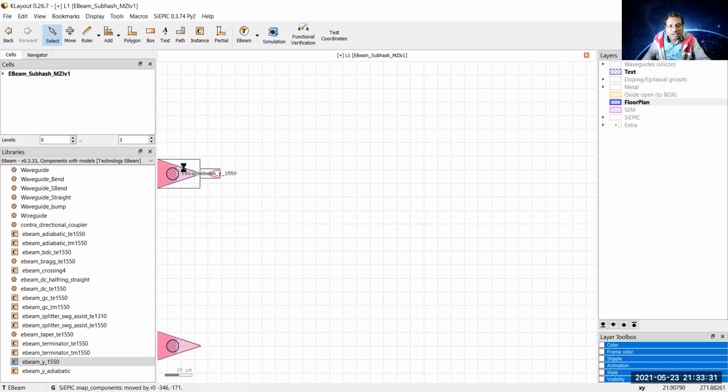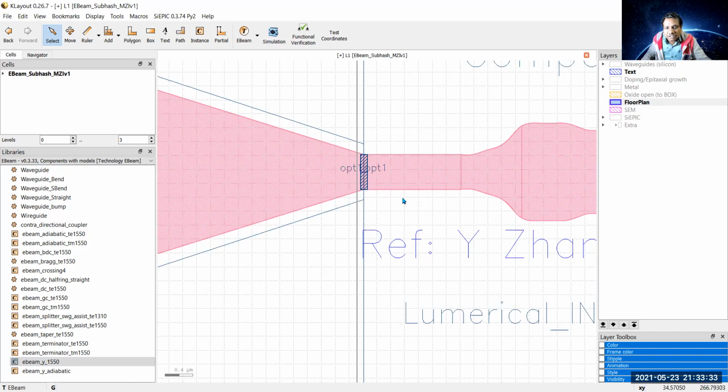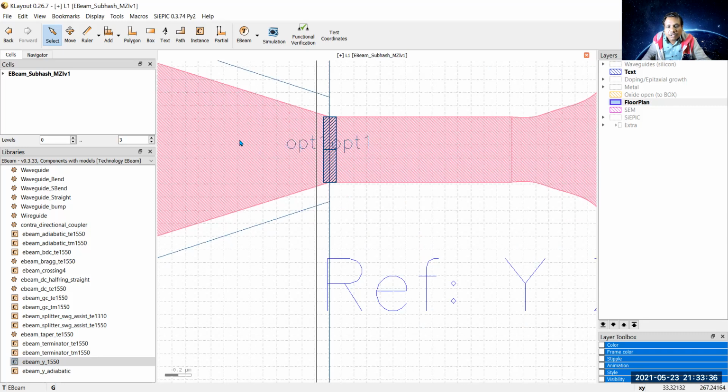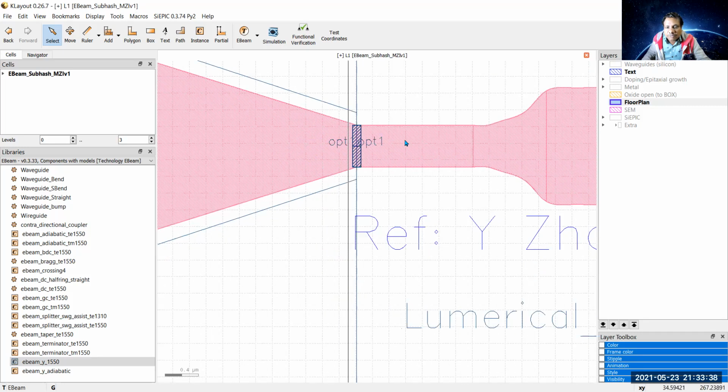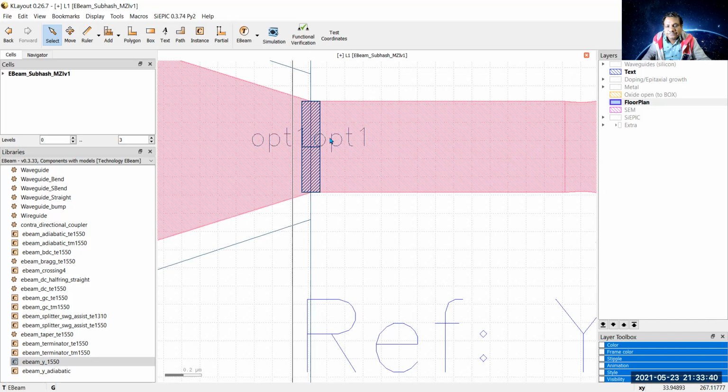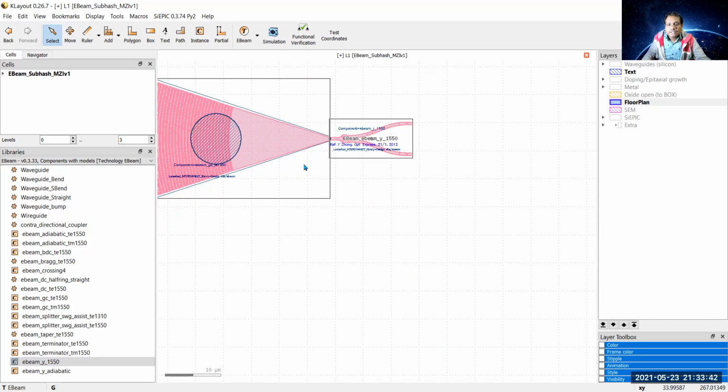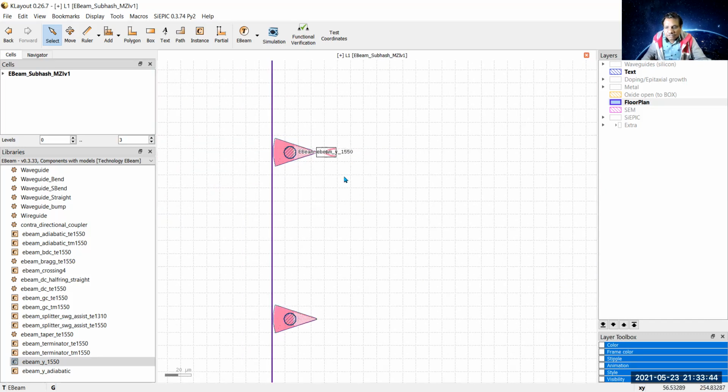So you see now this perfect connection between the output of the grating coupler and the input of this Y branch has been done. Now the next task is to select a broadband directional coupler so that we can make two arms of the Mach-Zehnder interferometer as well as get two outputs of the Mach-Zehnder interferometer.